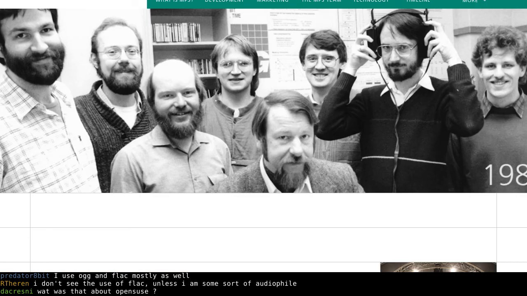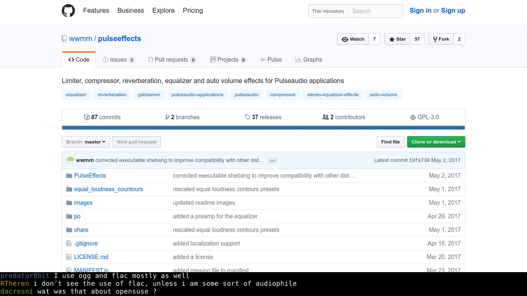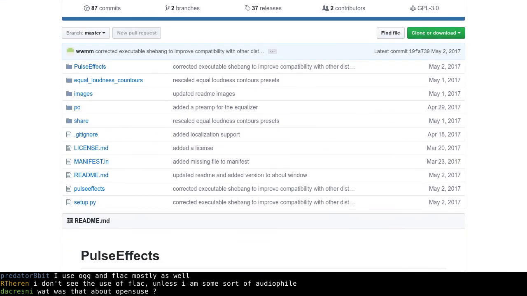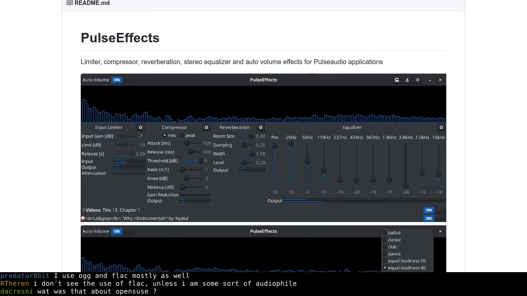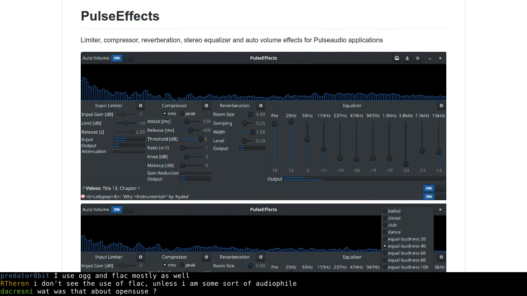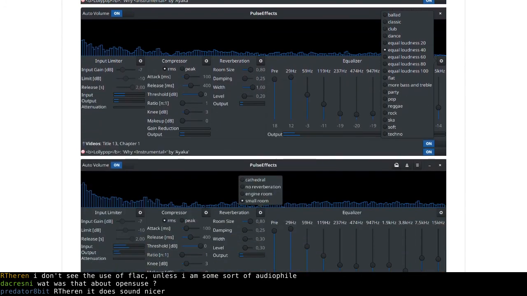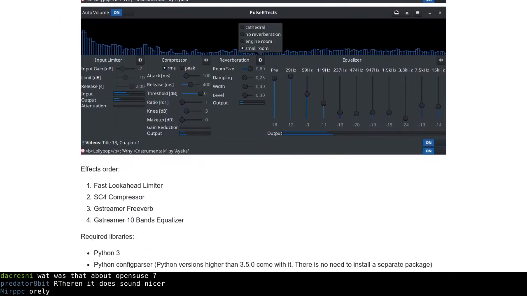But continuing on with this audio nightmare train. You want to get that audio and have some reverb effects, or compress your voice down so much that you sound like you're coming off a landline from the 80s? Hell yeah, you can. It's PulseEffects. It's available on GitHub, and I did get a chance to try it.